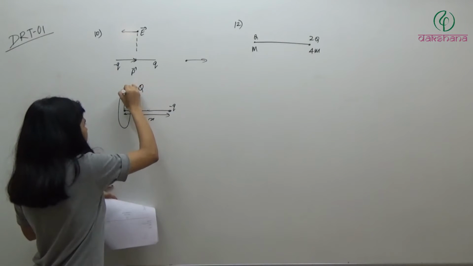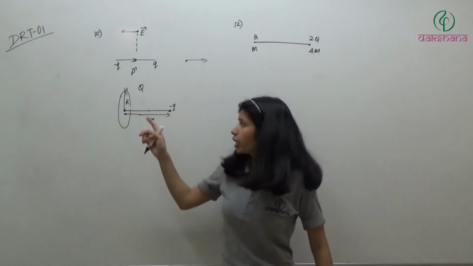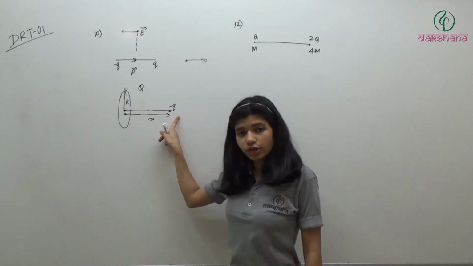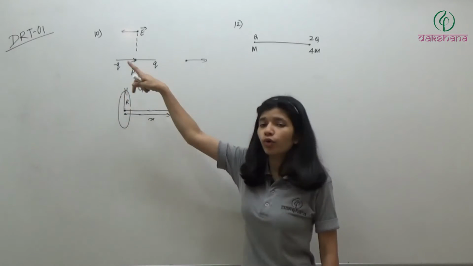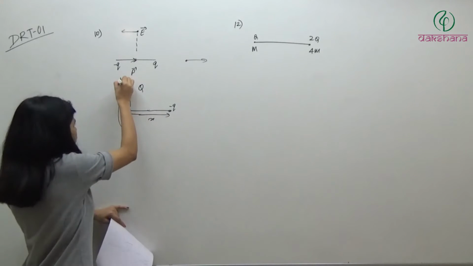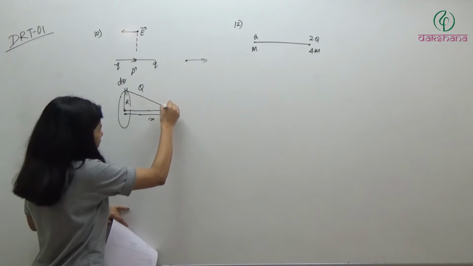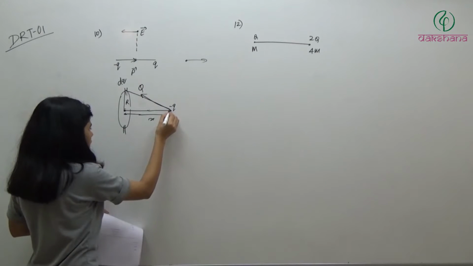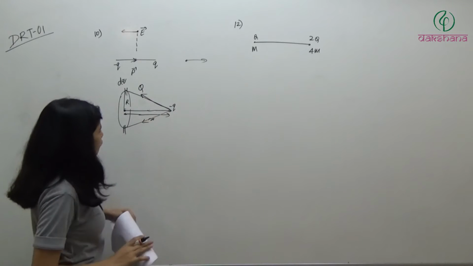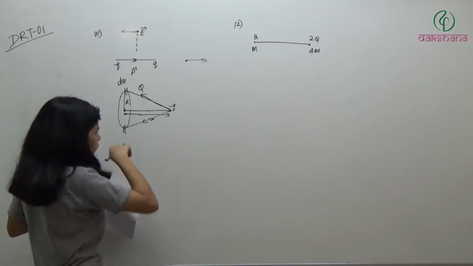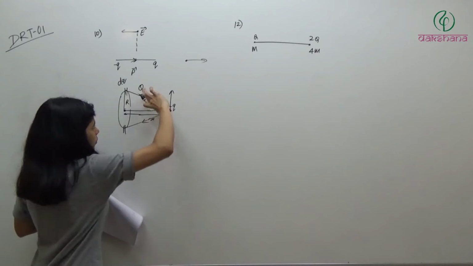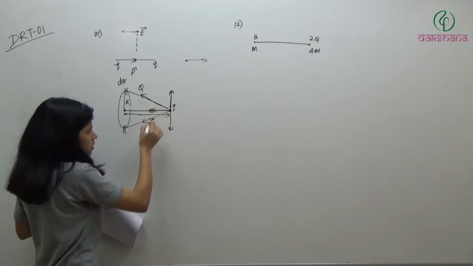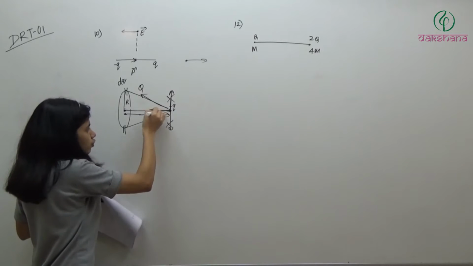So let's say here we are taking dq, a small charge, a small element, and we are finding out the field or force on this particle due to it, and then we integrate over the ring. Because of this dq, there will be a force in this direction, and similarly because of this one there will be an attractive force in this direction. There will be components of this force in this direction and in this direction. So these two will get cancelled, and these two will get added.